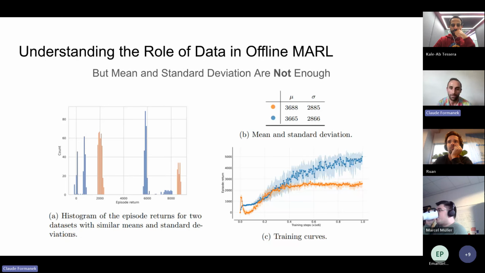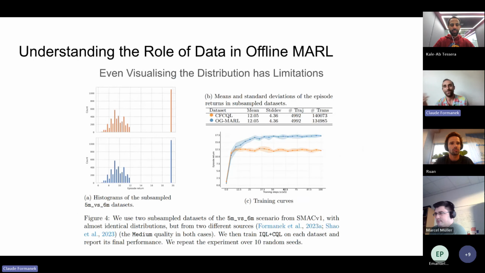It sort of flatlined after 2,000, which, yeah, points to there being an interesting thing going on here. We then went a step further and said, okay, if we make the data sets look the same visually, what happens then? So we took data sets for 5M versus 6M that we generated in OGMARL, and then